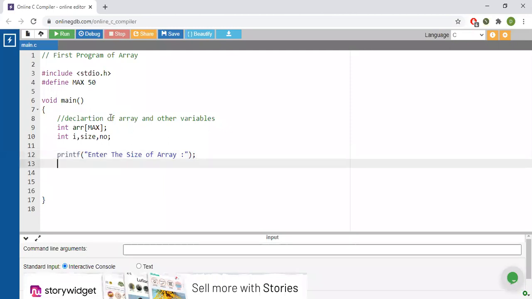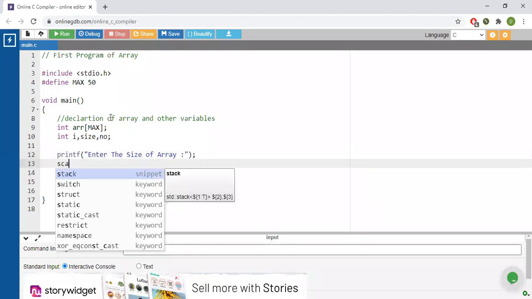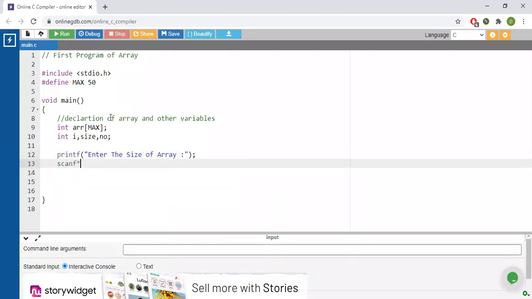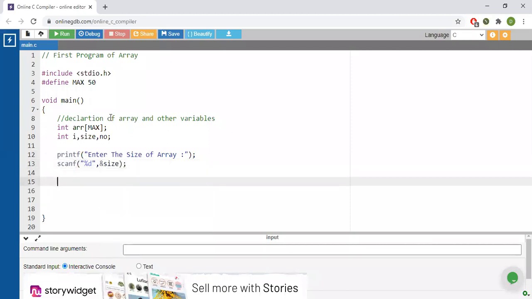Then scanf, %d, this is your C coding, I hope you remember, and &size. So we have asked the size from the user.